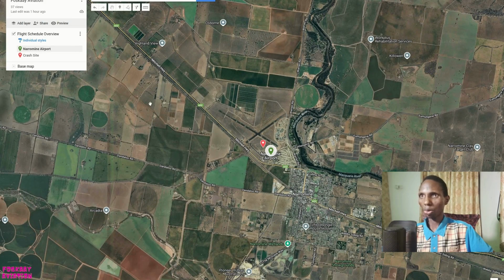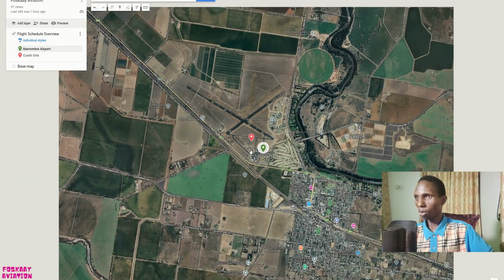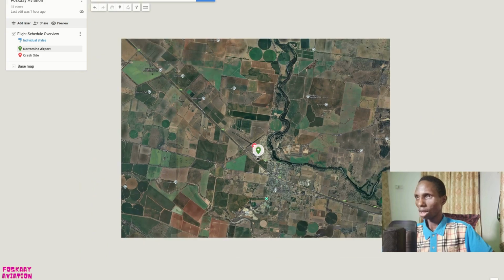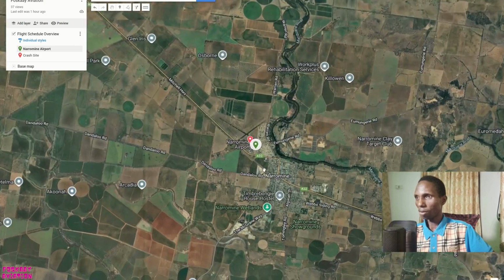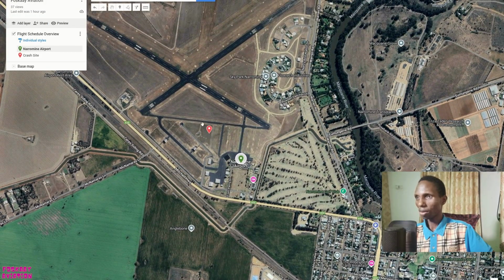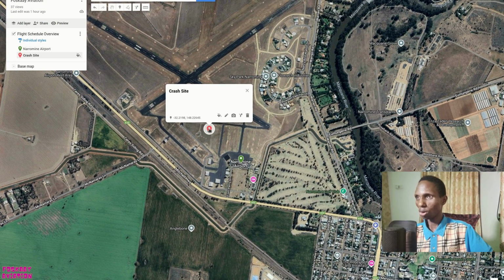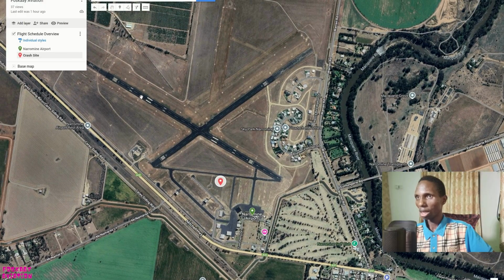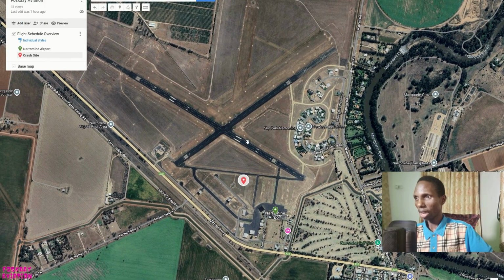So let's see the location. I always try to pull up the location to give more idea. This is the airport in Australia, and if we zoom in, you can see, I think this is where I was able to point to the crash site. It's around the airport. You can see the runway here.